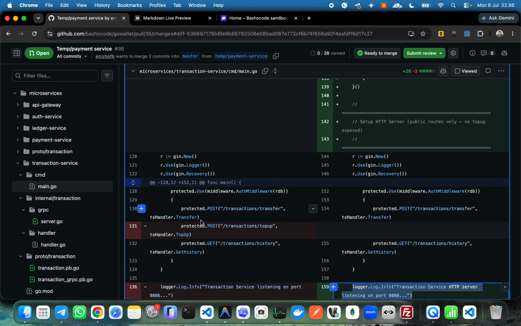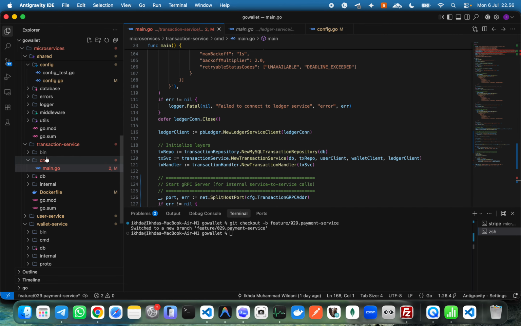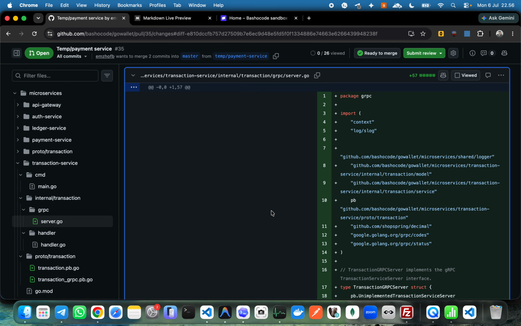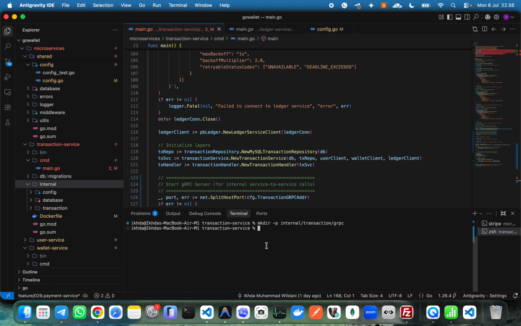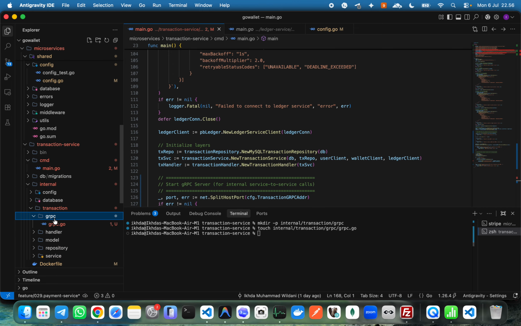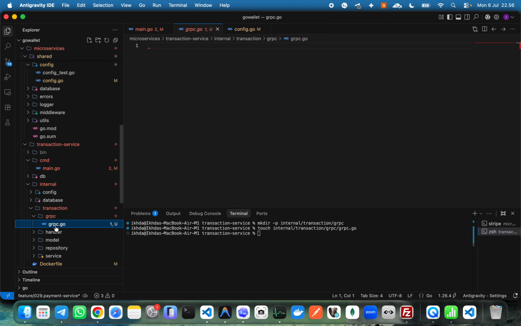What should we do now? We go to the gRPC, we create the gRPC. cd transaction service, microservice transaction service, and then I make dir -p, which is internal transaction gRPC. Okay, here I also touch grpc.go. So here I copy, no, not grpc.go but server.go. Okay, I copy,